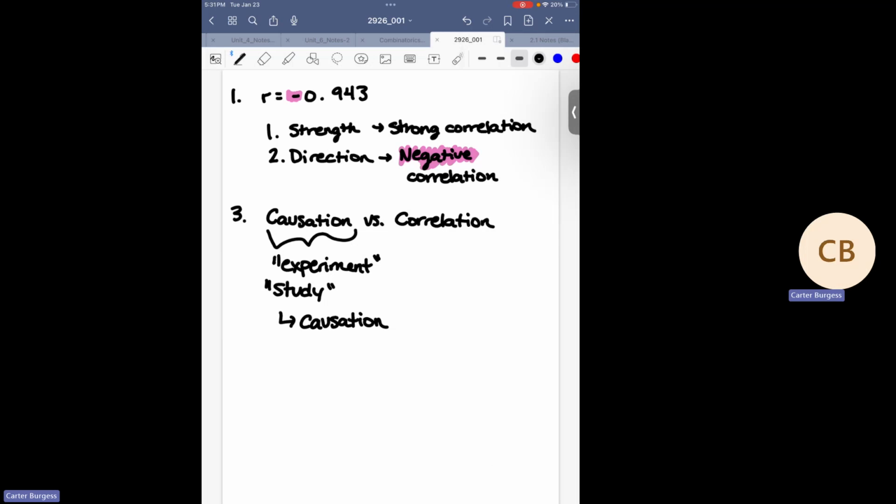Really, experiment is probably better, but we'll go with study as well. Study kind of implies, to some degree, some amount of experimental procedure. And so that is exactly what we see with this. Contrast that with, let's say,